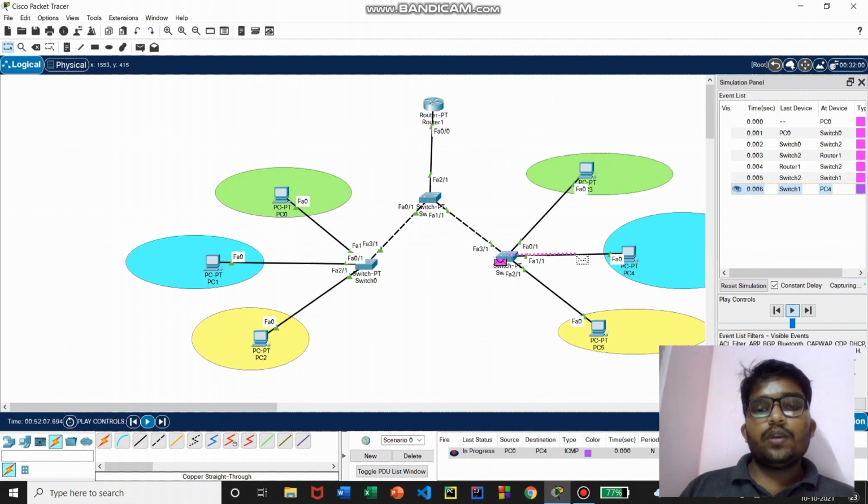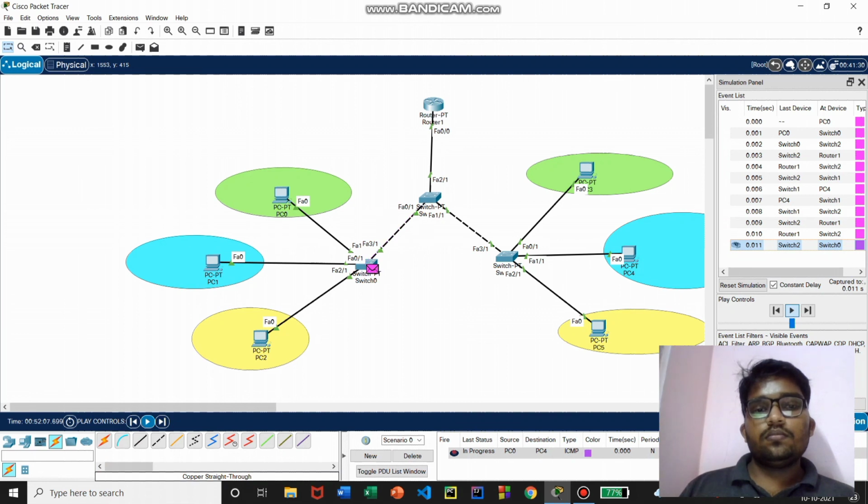Now it is in VLAN 20, that is PC4. Now you can see it is successful.